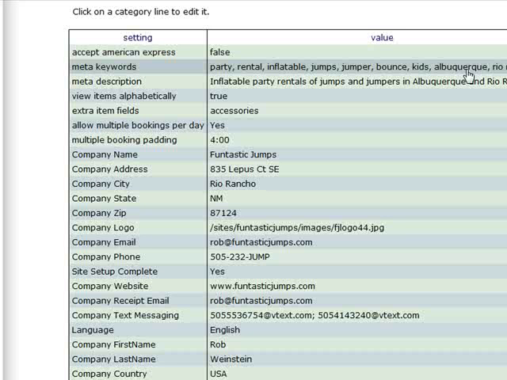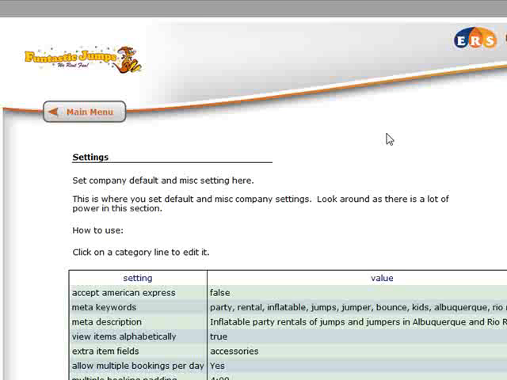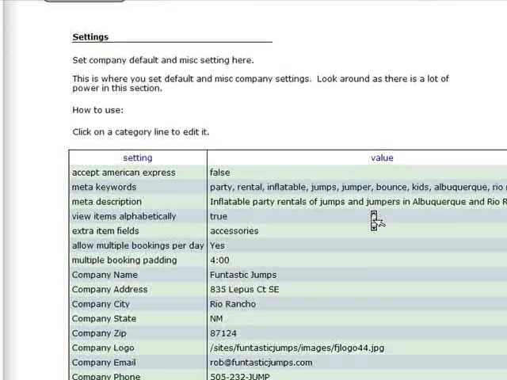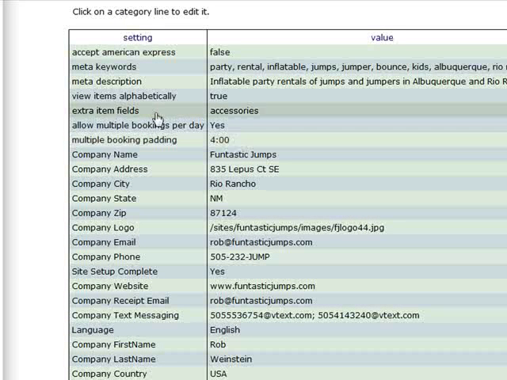So meta keywords, for example, can go right in here. On all of these, if you want to edit them, you just select the line by clicking on it. Just add a comma and keep going, and make sure you hit submit at the end. Same with meta description. You can add extra item fields. We've actually built in some new ways of approaching this now, so this is probably not going to be used